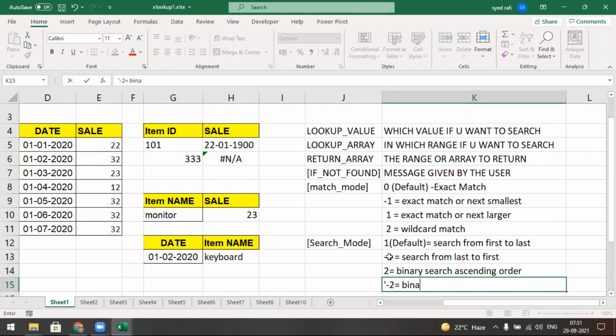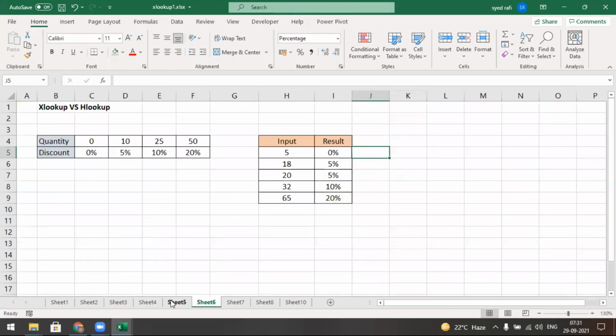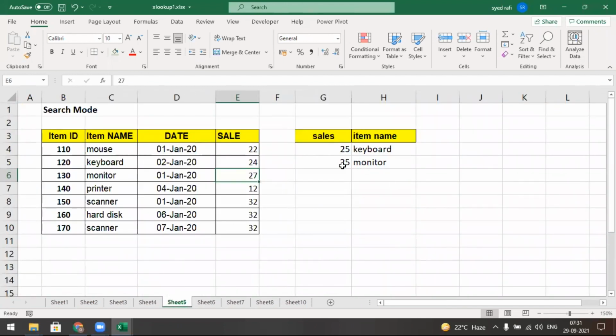Same, binary search descending order. Yes, these 4 options are available in search mode. Let's check about from last to first like this. In this example, we make this one, and we will discuss this one.